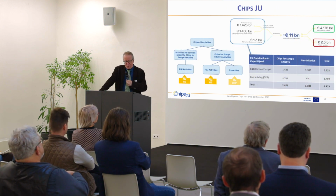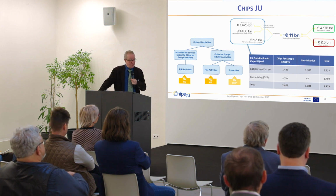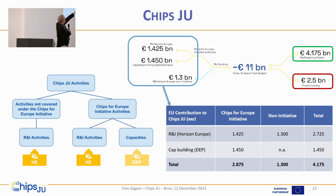Now, the budget of the CHIPS Joint Undertaking is a bit complex, I would say. Start with the left side. So let me walk over there. You have the CHIPS EU activities. These are being split into, on the left side, the activities not covered under the CHIPS for Europe initiative, and the activities covered by the Europe